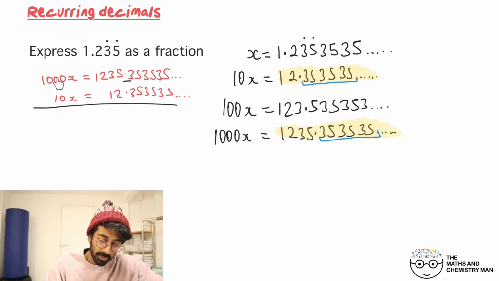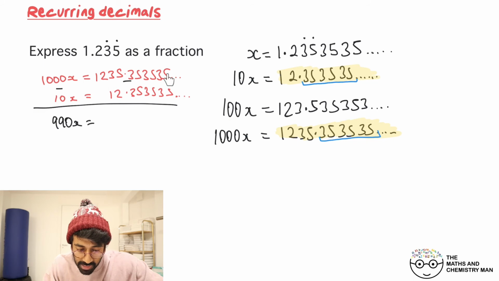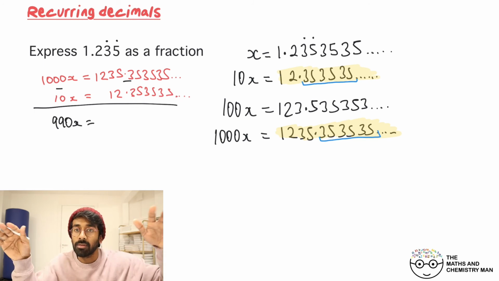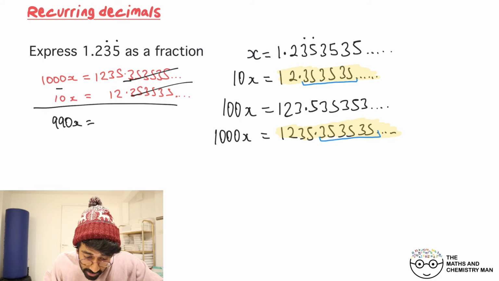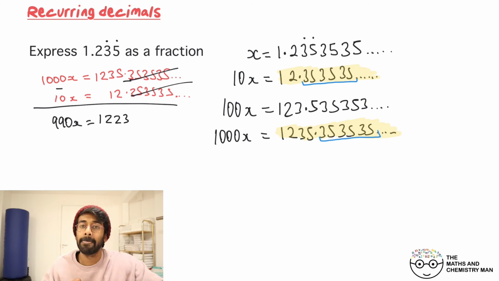Now, if we take them away, we've got 1000x take away 10x, which is nice and simple, right? That's just 990x. Now, on this side, we've got 1235.353535, and look what we're taking away. Can you see the decimals match up? So when you take these away, they're gone, okay? So there's nothing left. In effect, what we're actually doing is just taking away 1235 and 12. So what's that going to leave us with? That's going to leave us with 1223. And then,